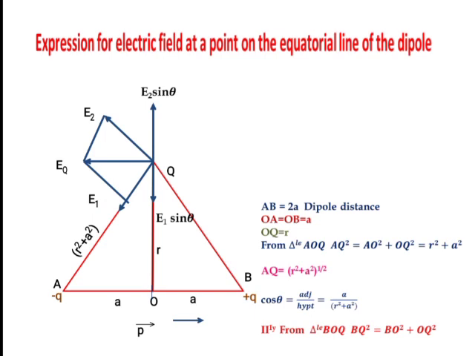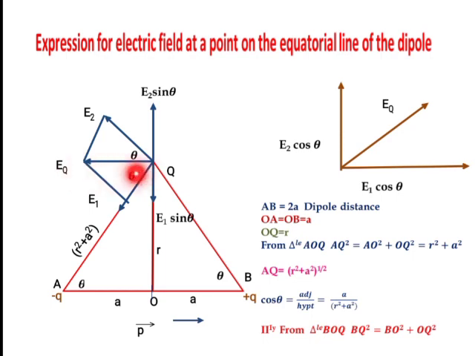Similarly, we can write the same expression for this triangle also. So these are the angles theta. This is theta. This is also theta. So E cos theta. Where is E cos theta? Suppose we draw these lines separately here, then this is EQ. This EQ I have shown separately. This is E cos theta, this is E cos theta, and here we will get E2 cos theta. So one vector is split into two components in this way. That is the resolution of a vector.